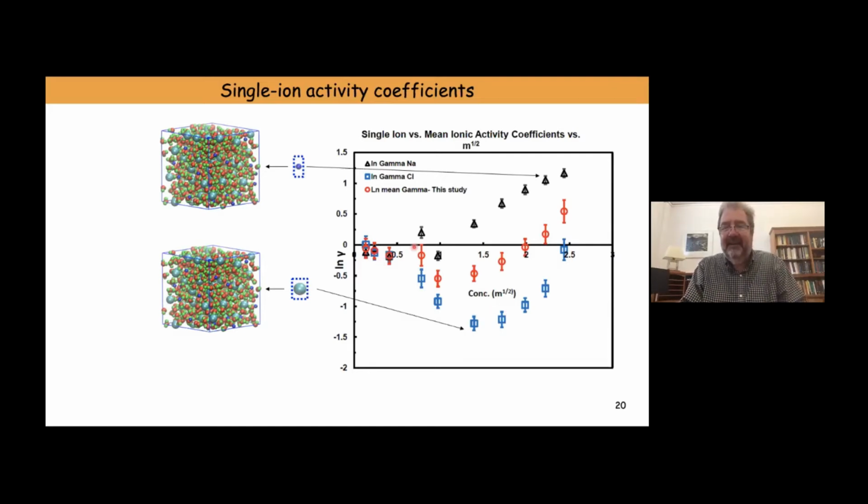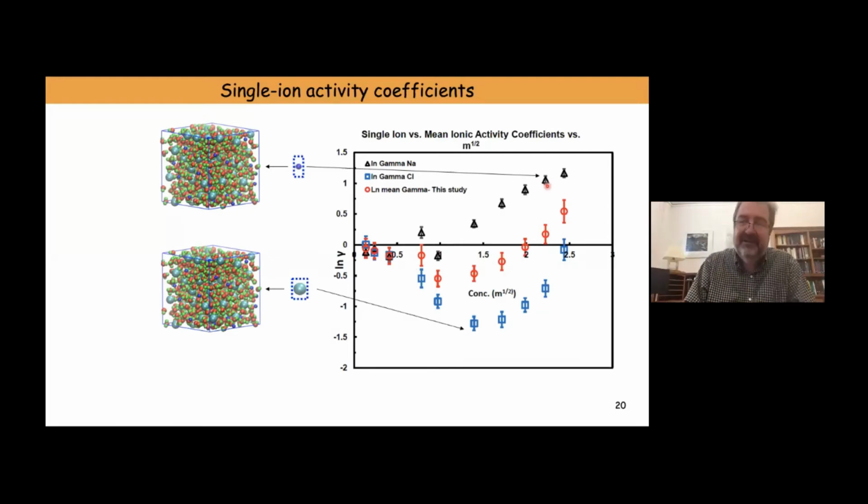But the sodium, of course, is these black triangles, and the chloride is these blue squares. And you find that they behave in a very different way. The sum of the two, which is this curve that you've seen before, is what is measured experimentally, but it turns out this is coming from highly unfavorable interactions of the sodium, which is smaller, so you would expect it fits, but because of the positive charge, it doesn't like the